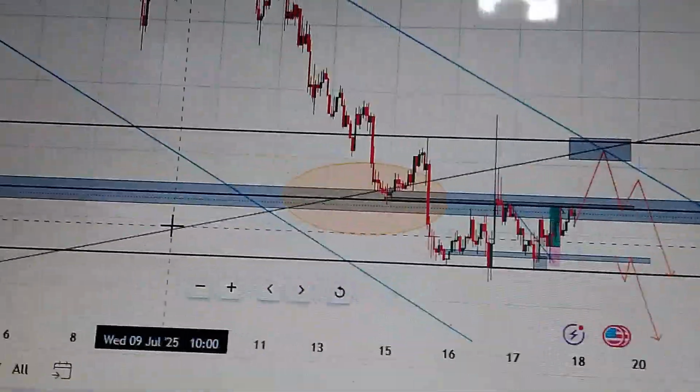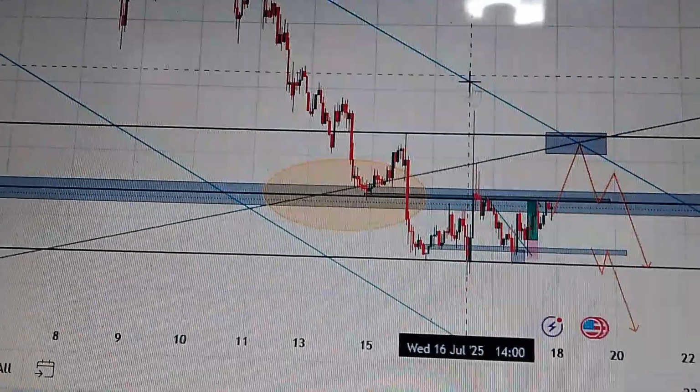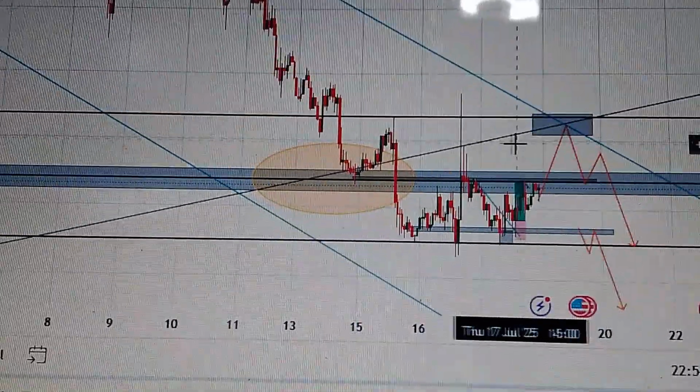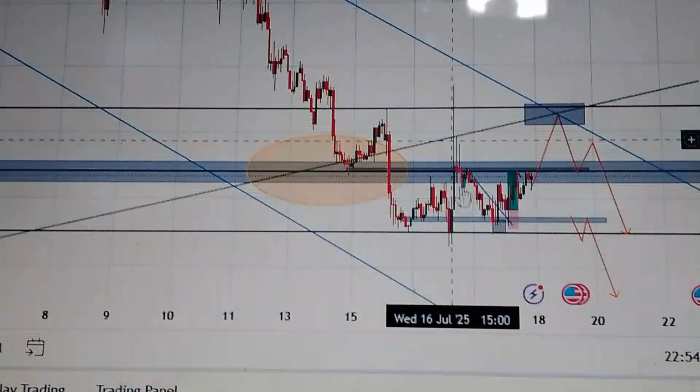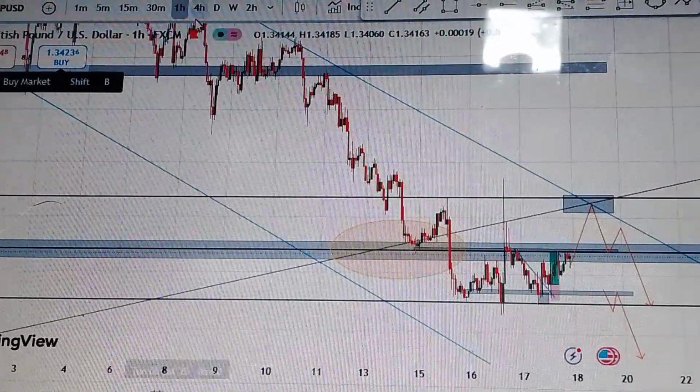This black trend line, this black one here, is the old trend. This blue one is the new trend. So I'm expecting a retest on this one, because this is a tiny break and retest for a trend that is as massive